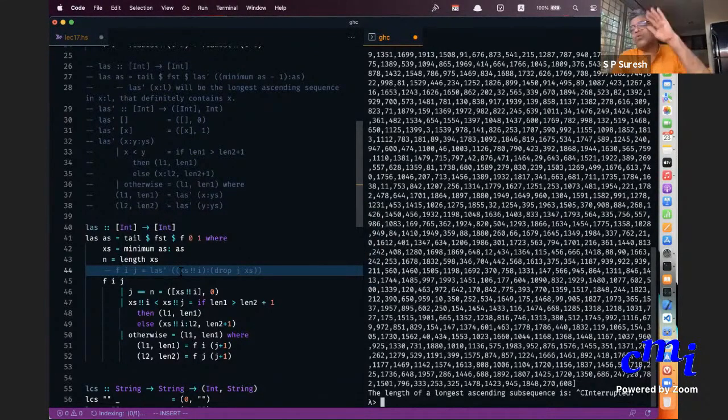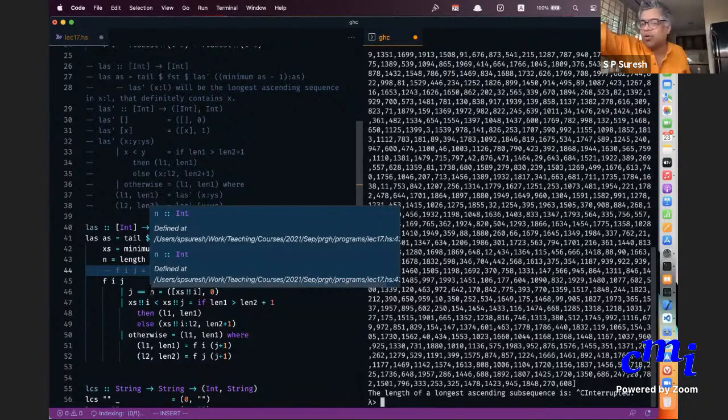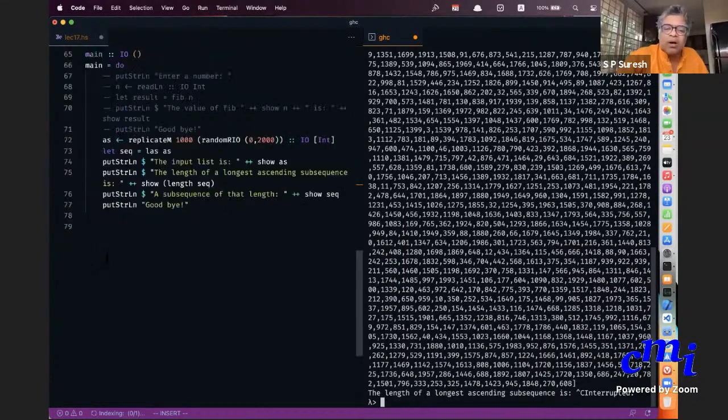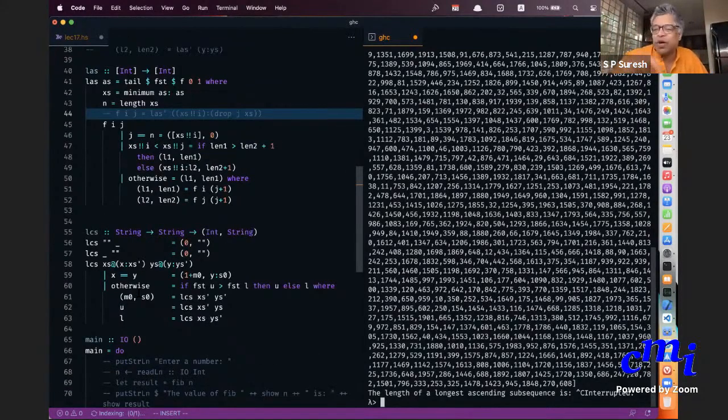So what I'll do is I'll stop at this point. I'll let you digest this program. I'll upload this code by evening, and also slides about arrays. When we come back, I'll go in depth into this, and maybe we'll look at one more example of using arrays. So don't worry. You at least know how to use lazy arrays for Fibonacci. You can use lazy arrays to do LCS, etc. But the index set of the array should be different. It should be pairs now.